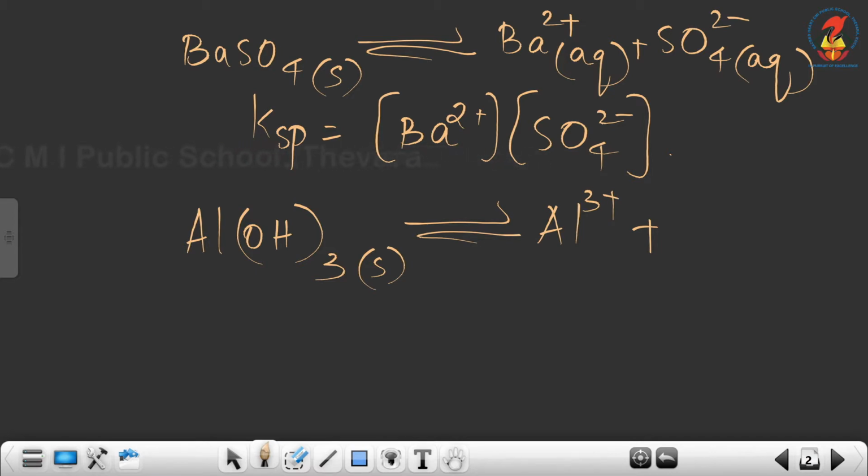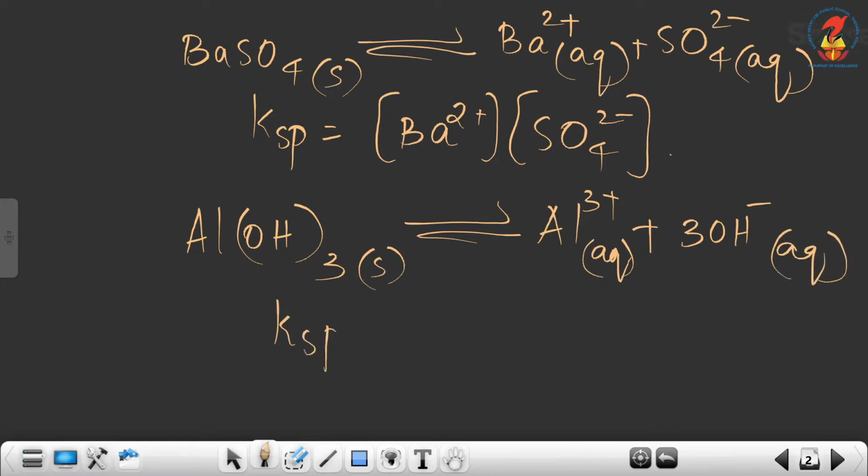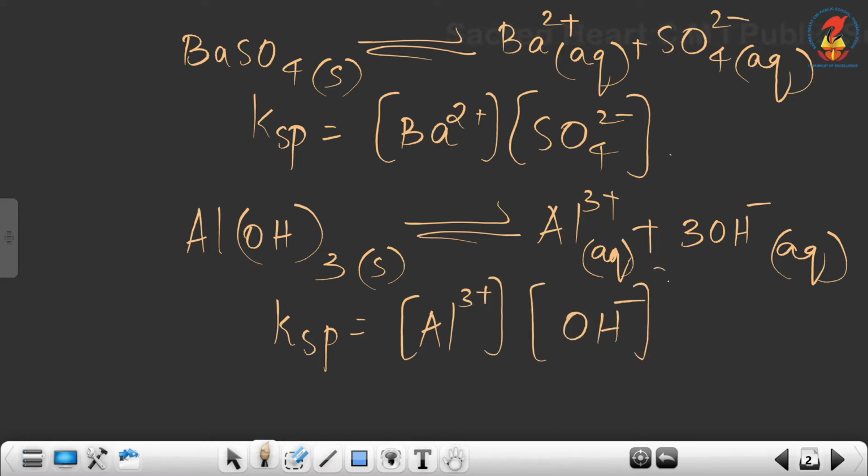Here we have OH thrice, so we have 3 OH minus. Now let's write the expression for solubility product, both of these in aqueous state. Ksp will be equal to concentration of Al3 plus into concentration of OH minus raised to 3,